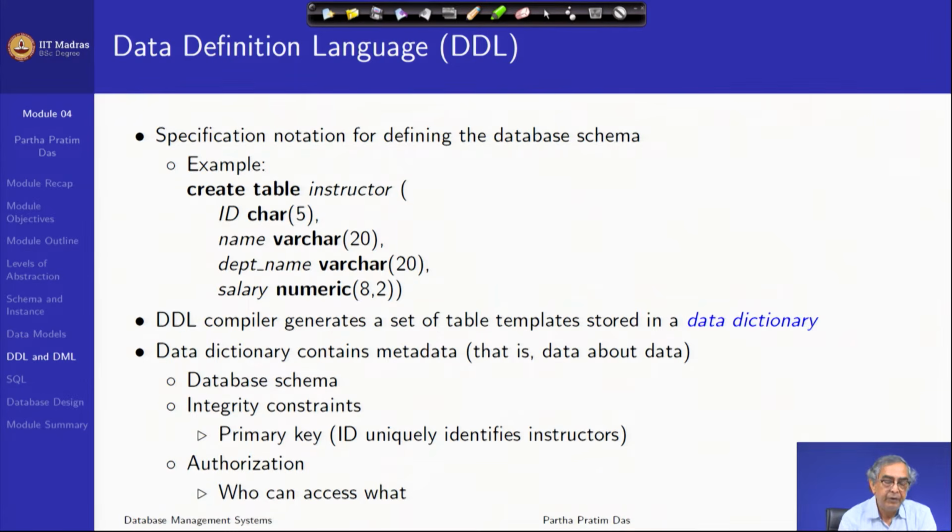So, when we talked about type instructor is equal to record and so on, that structure can be created using this kind of create table, as you are seeing here. You can see these fields, and it will create a corresponding table schematically of the structure. So, that is a basic DDL, data definition language component, and the DDL compiler sets a table template in a data